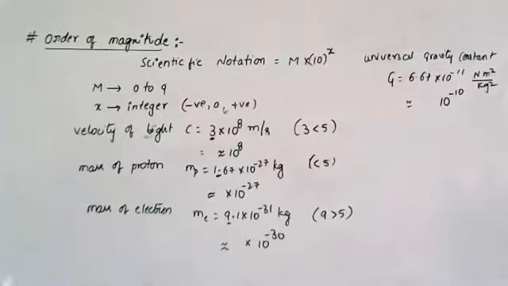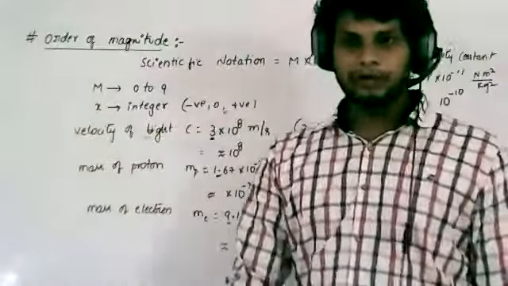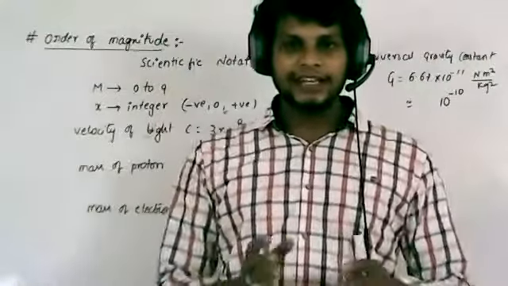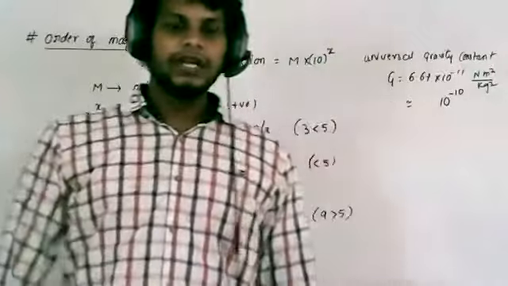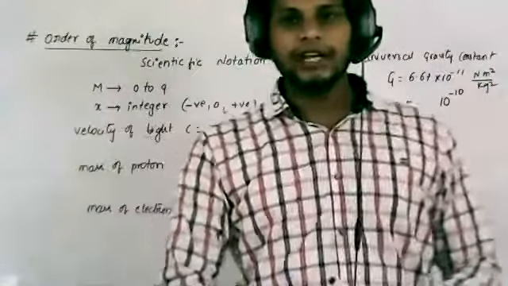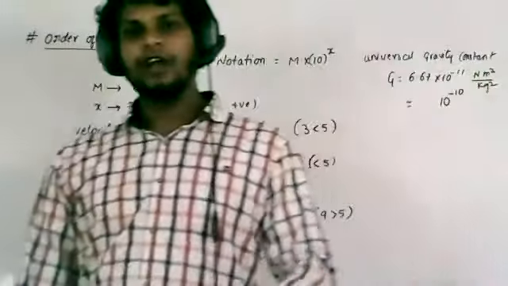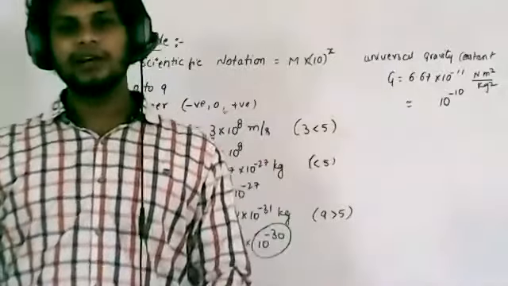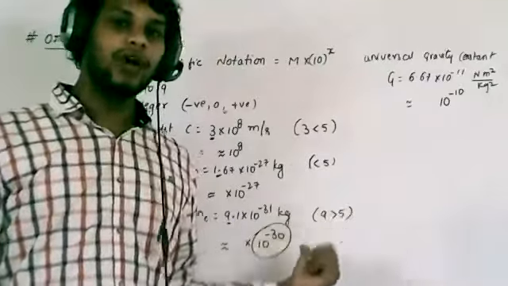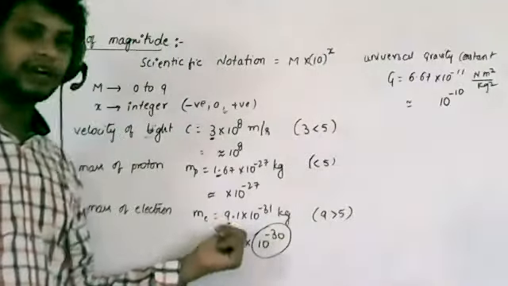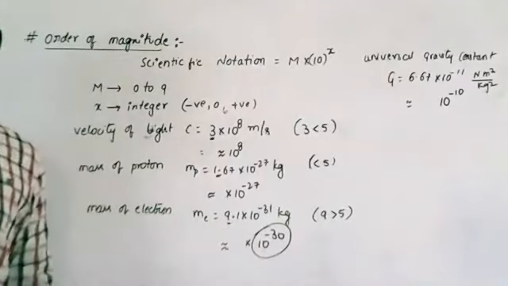Okay. Now, after listening to all these things, open your NCERT book. There they have given the ranges of masses, lengths, distances and times. There they have given the mass of electron in the order of 10 to the power of minus 30. Initially, I also felt confusion. Actually, in the NCERT book they have given 10 to the power of minus 30, but actually it is 10 to the power of minus 31. Why did they consider it like that? Here 9 is greater than 5. That's why we have to consider that as 10 to the power of minus 30.